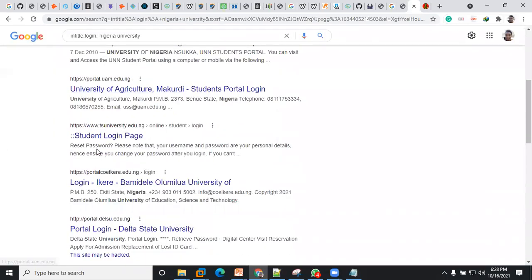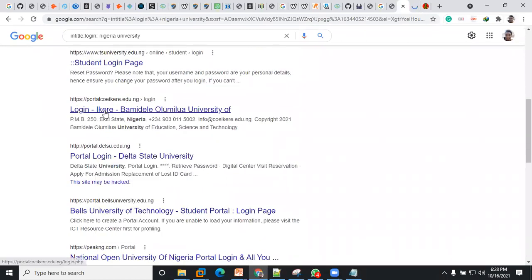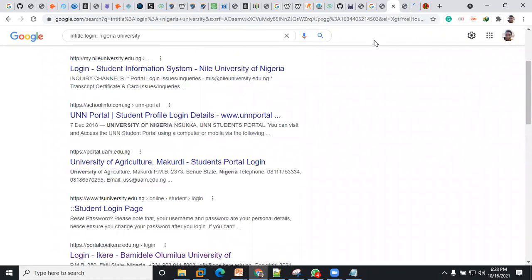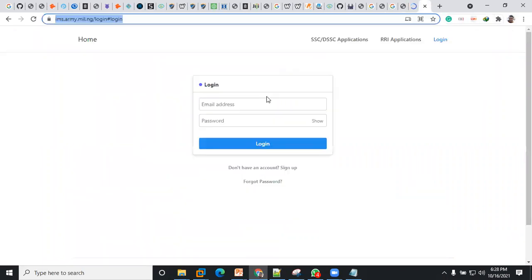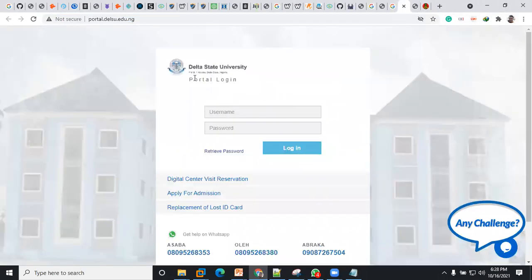You can see these are different login pages. So if an attacker wants to carry out, like I said, an SQL injection attack, all you need to do is come to this part to see the login page.